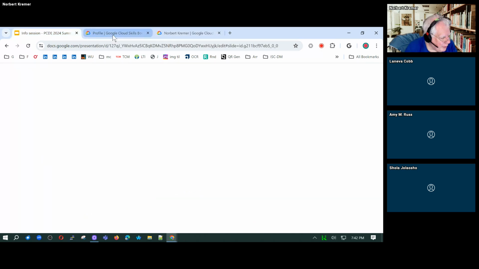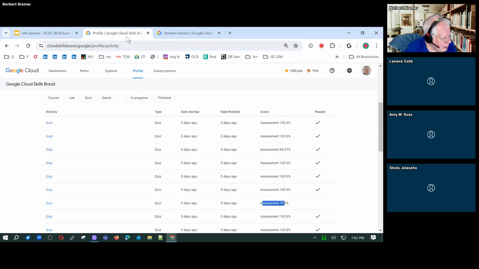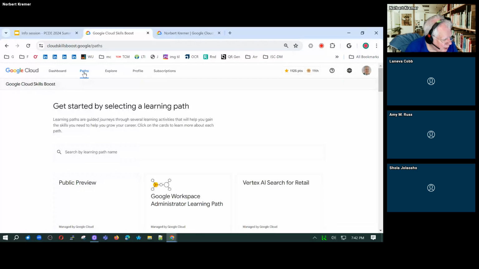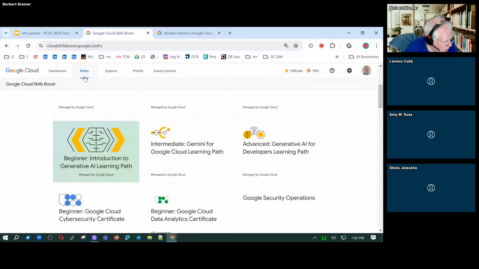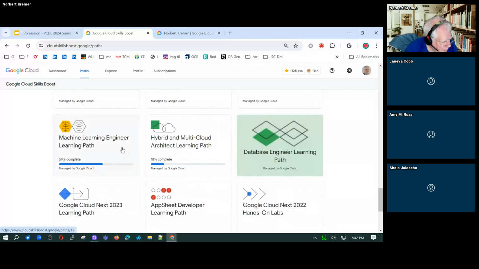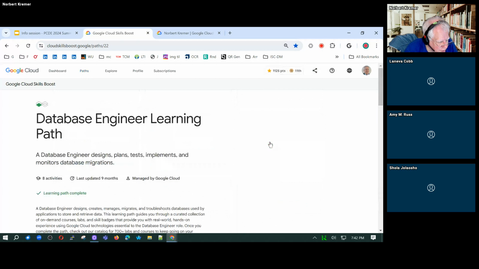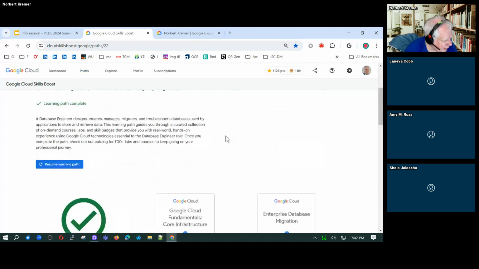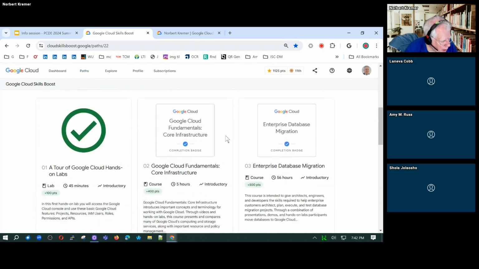I think that's enough of Skills Boost. Basically, once you get going, you will be in a path. Actually, let me just show you that while we're here. You'll be in a path, and all of this other stuff will be somewhat irrelevant to you. So this is the database engineer learning path, the one that we're pursuing. It is to a certification. We are going to try, just FYI,